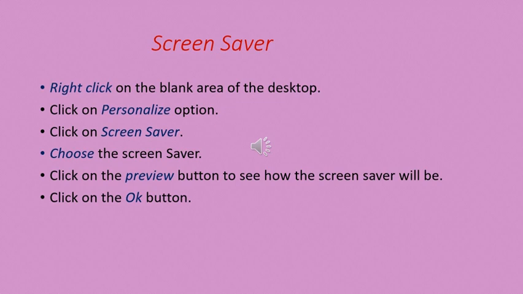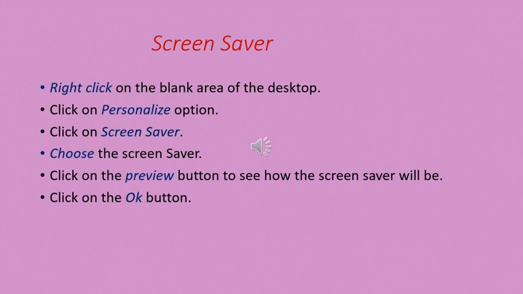Almost in the same way, we can change the screensaver also. Do you know what is a screensaver? Suppose your computer is idle for some time and you might have noticed that some graphics appears on the screen. This moving graphic is known as screensaver.